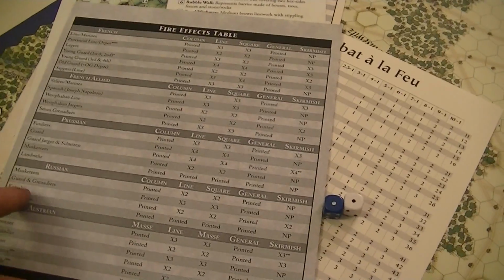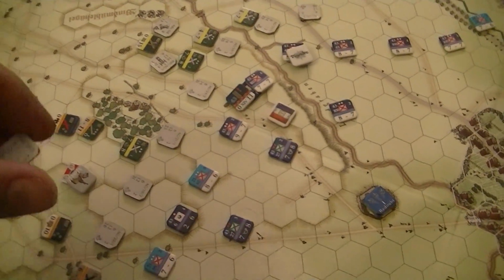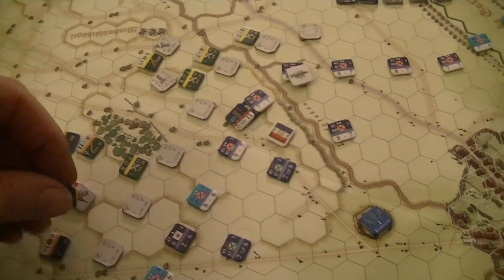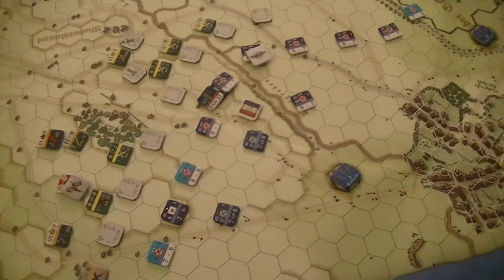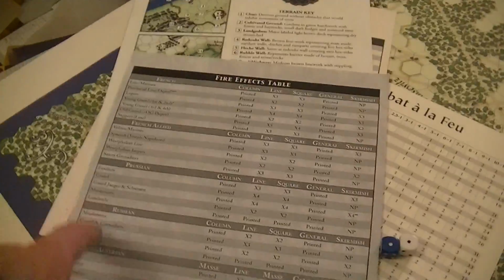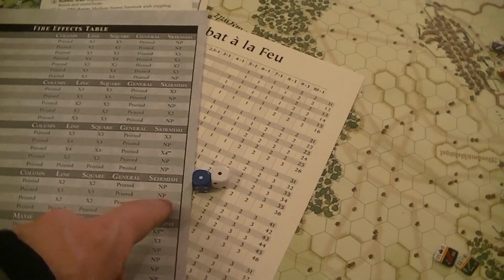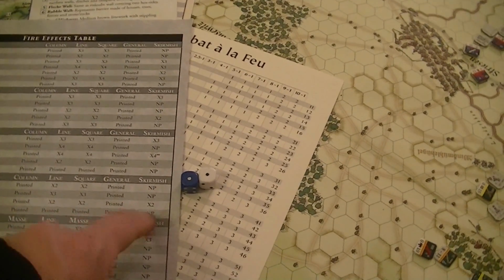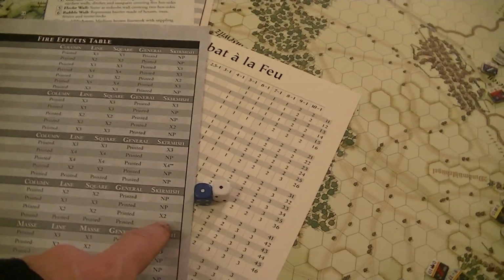I don't know what the hell these are. They're Russian. Who knows? Good Lord, what are these things? I don't know what they are. I'll have to look them up on the chart because their unit type is not here. But let's see what we have. NP is not permitted, so I guess there's no muskets and grenadiers. So these, okay, these have to be Egerskis,